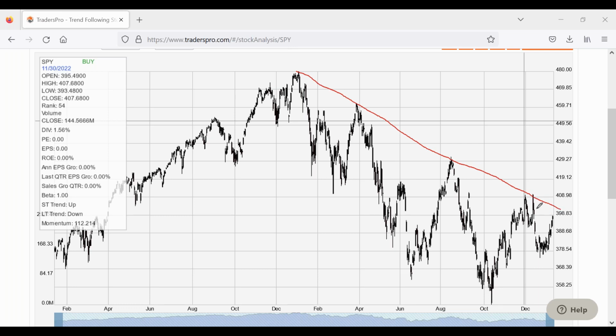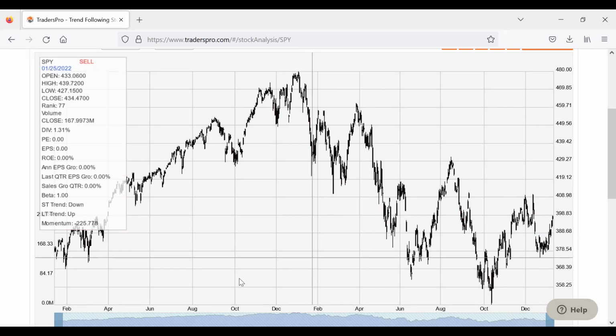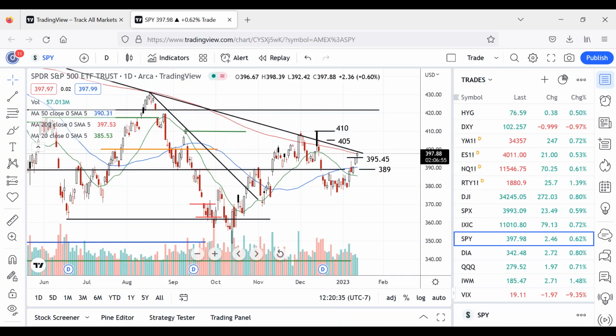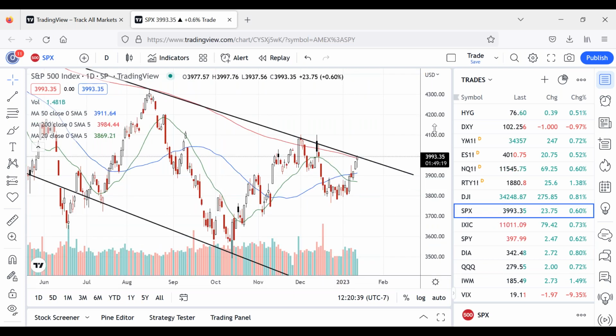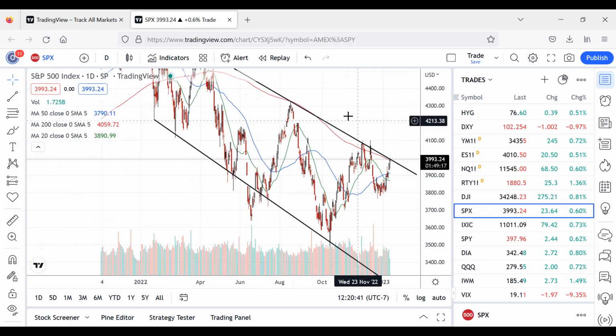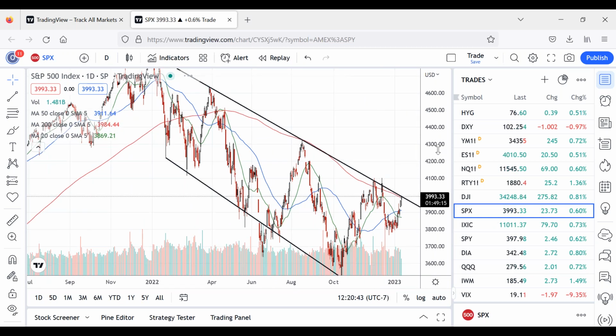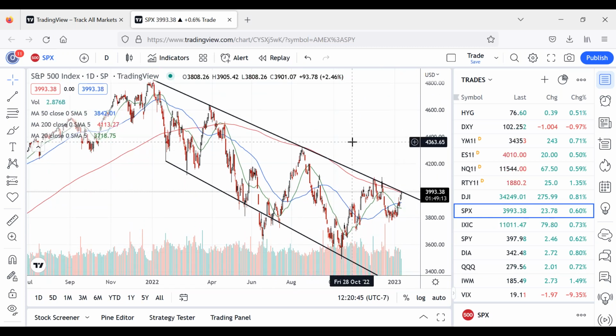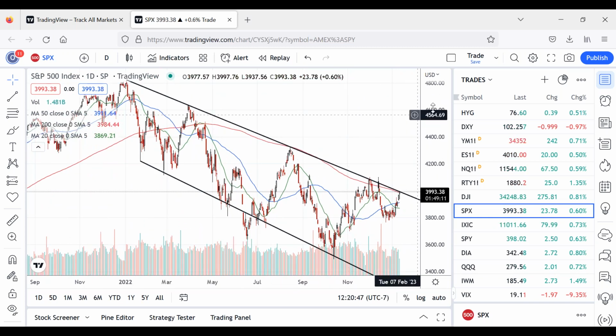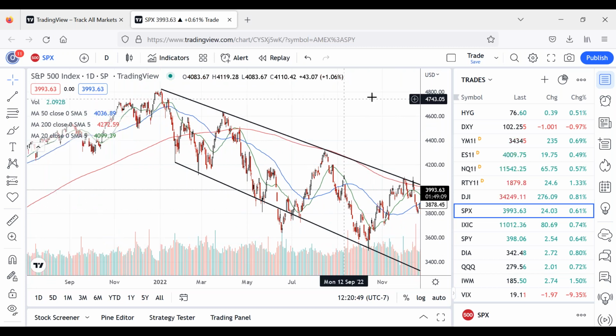Actually, why does it not look that way on mine? I don't know if it's, let me go to my other, sometimes it depends on what the scale is on the chart. Here's my other chart here, my other charting service here. And I want to bring that in because this is what I've been looking at, right? So since the decline last year,